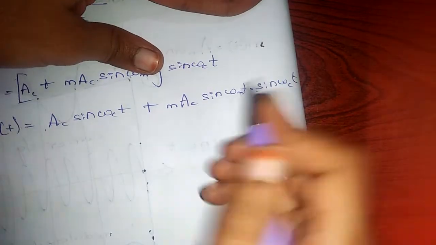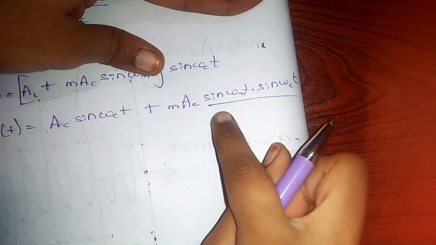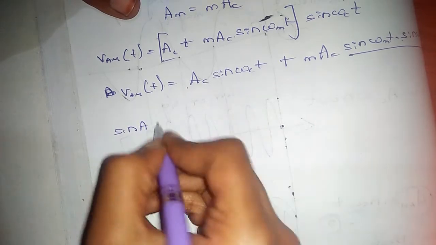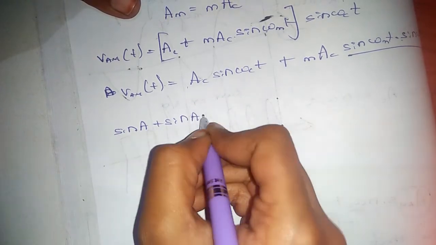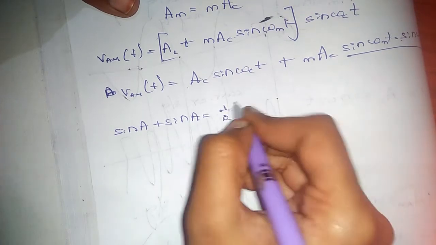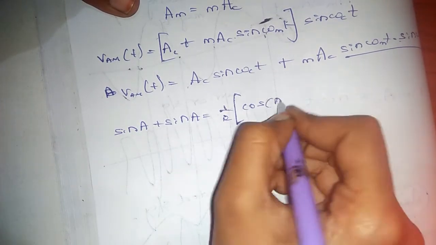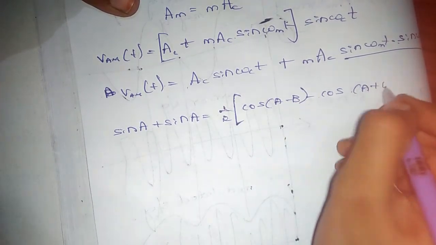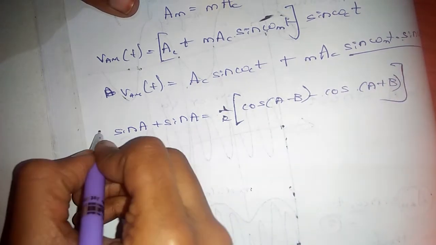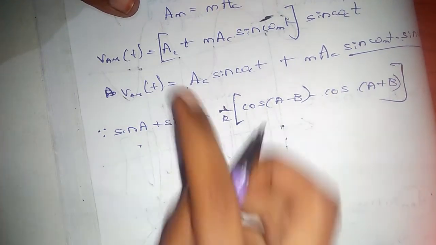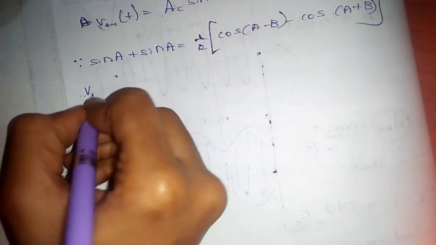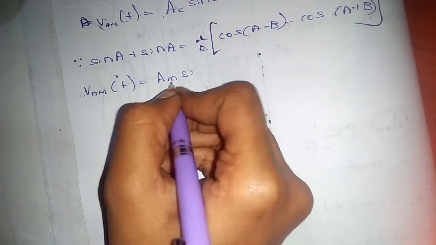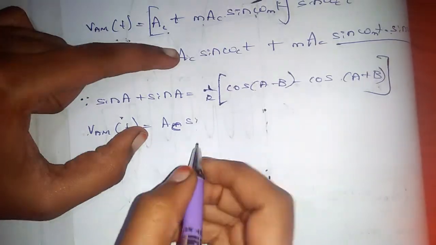So if you observe, it is in the form of sin A plus sin B. You know the formula of sin A plus sin B, which is nothing but half into cos A minus B minus cos A plus B. So if you substitute this equation in here, we get Vam of t is equal to AC sin omega ct